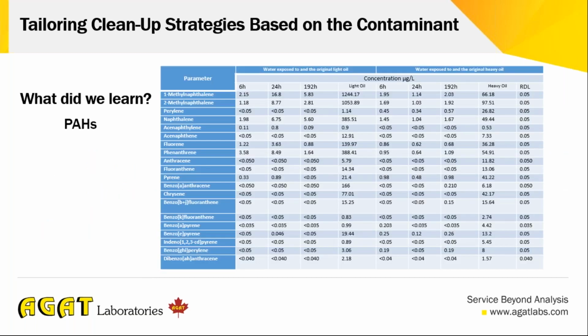The next set of data belongs to PAHs, polyaromatic hydrocarbons. This is the last batch of data. Again, reminding you that the far left column shows the parameters, which are all PAHs, slightly more than those 16 PAHs of the US EPA. For almost the top half of the column, you see the lower molecular weight PAHs, versus the other half, which is mostly high molecular weight PAHs.